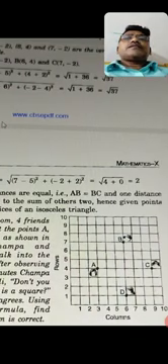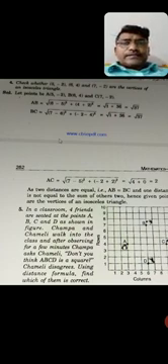Here triangle means 3 sides are there. So if we give names, A is the first point 5 comma minus 2, another point is 6 comma 4 and 7 comma minus 2 are the vertices given. So you take A for the first point, B for the second point, C for the third point. So the vertices of the triangle are A, B, C. We need to find the lengths. I mean distance from A to B is the length of AB, distance from B to C is the length of BC, distance from A to C is the length of AC.